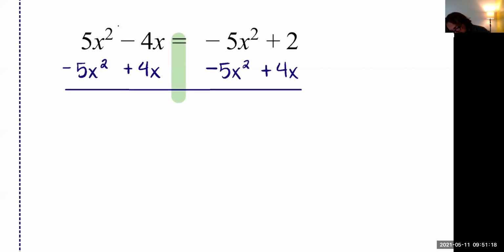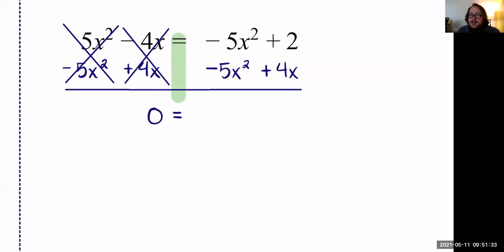So on the left, 5x squared minus 5x squared is gone, equals 0. Negative 4x plus 4x also gone, gives me 0. So on the left-hand side, I have 0 equals. On the right, what's negative 5x squared minus 5x squared? Almost. Like terms, don't touch the exponents. It's only multiplication or division that the exponents will change. So we get negative 10x